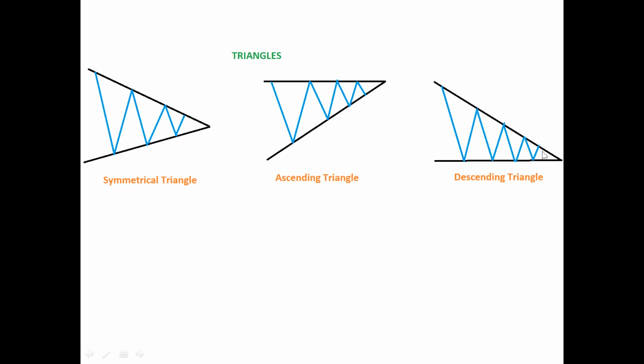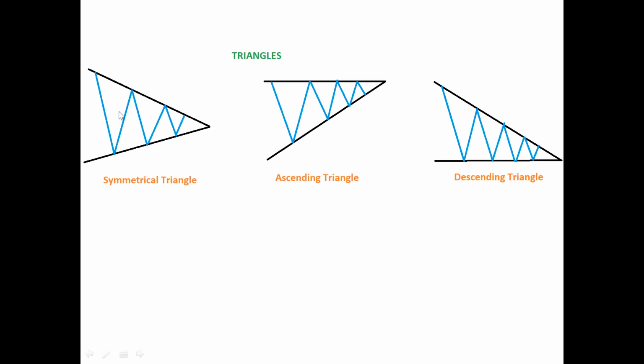And when I have a breakout towards the lower side, I can have this much as my target on the lower side. I can have this much as my target on the lower side. Okay, so now let's go to the charts and see the real triangles.